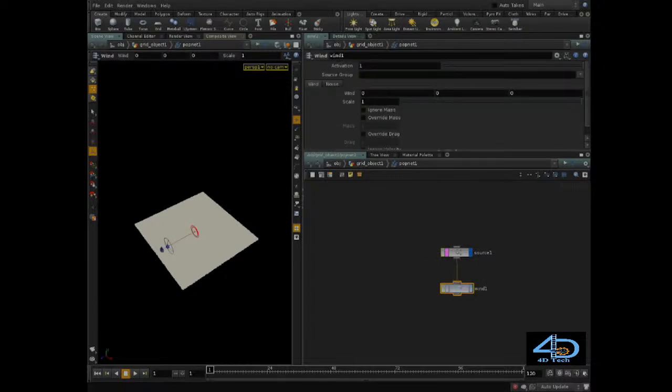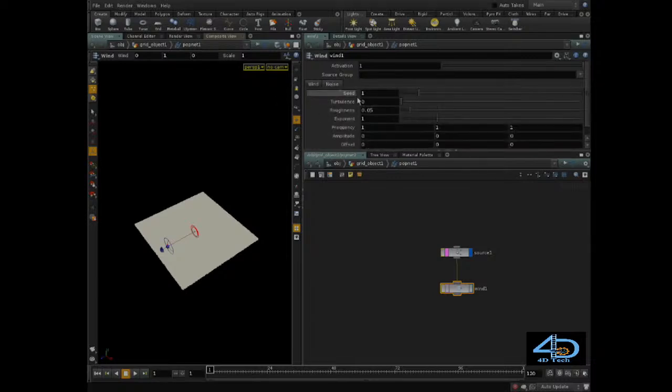Put that down, and we can just make sure that we push up in the Y direction, and we'll add a little bit of noise as well. So our seed, we'll just leave that for now. Roughness, we might crank that up to 0.668. Exponent 0.712,